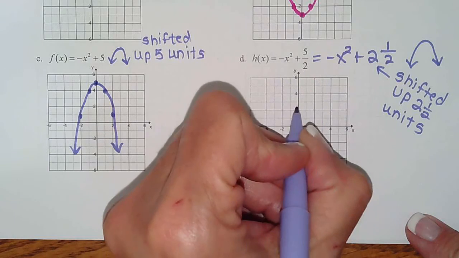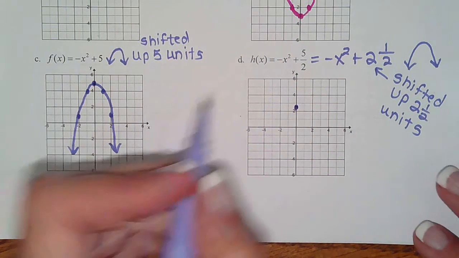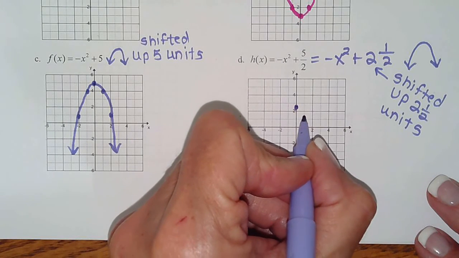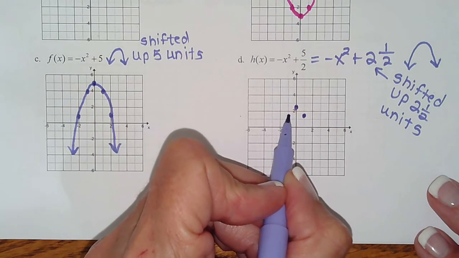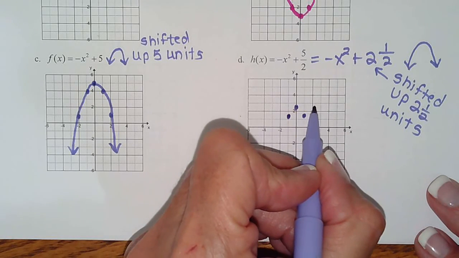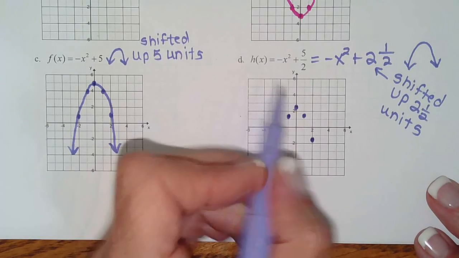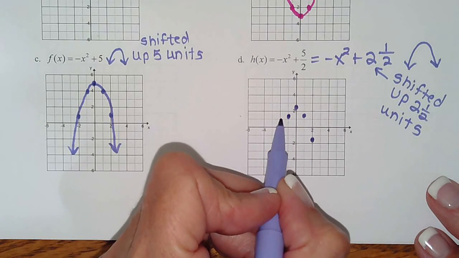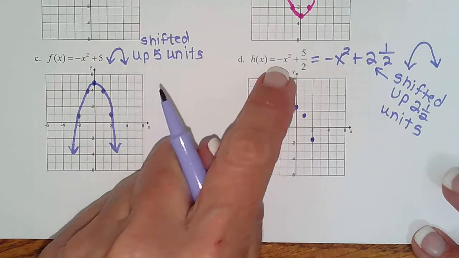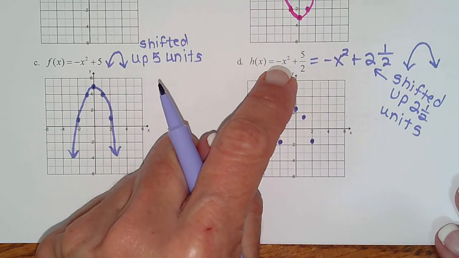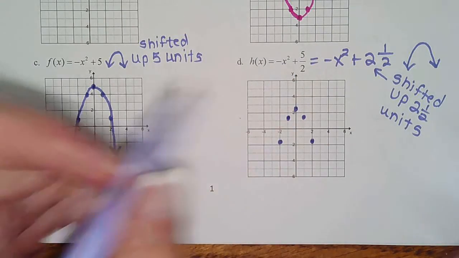So up 2.5 units, you just go right in between 2 and 3. No big deal. Doesn't matter about fractions. And then you go over 1, down 1. So you're still going to be in the middle. Over 1, down 1. So you'll still be in the middle. Then you go over 1, 2, down 1, 2, 3, 4, stay in the middle. And then you go left 2, down 1, 2, 3, 4, stay in the middle. Because it's the mother function, and they call this a reflection. So it's the mother function reflected, which means flipped upside down, but raised 2.5 units. And then we